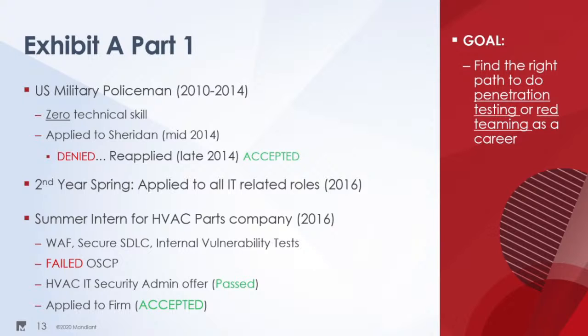When I applied to Sheridan, they were like, no. Your GPA is way too low from high school. You don't even have the proper math credits. We can't do this. And I was like, all right, okay. I want to get into this program. What can I do? And they told me what I should do, and that was to take a math course and get a really ridiculously high grade on it. And so I did, and I reapplied and was accepted. I started in January of 2015, and that went all the way until 2016. And then I got my first summer.